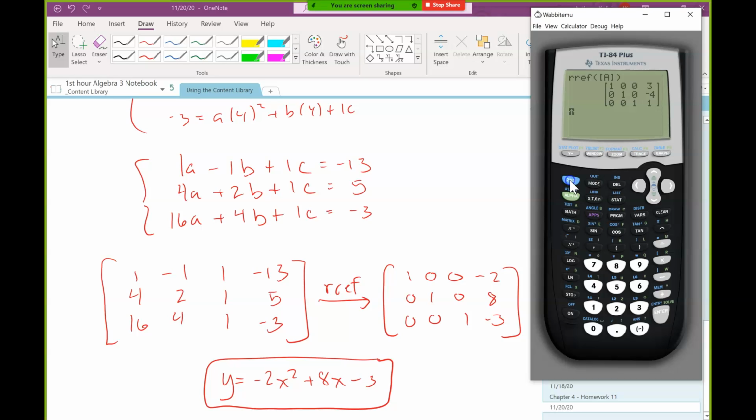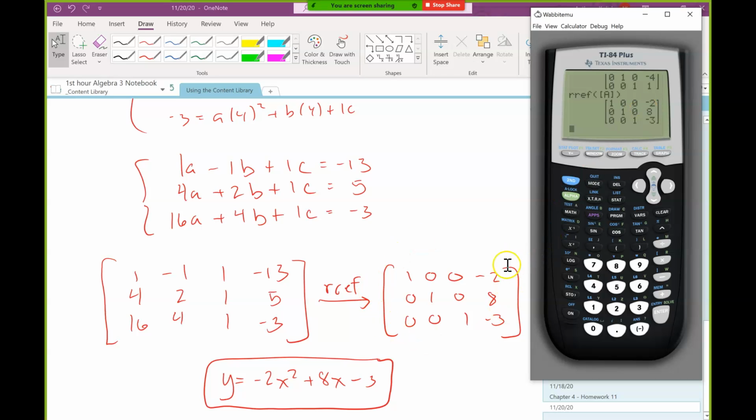matrix menu, so I press second and the x and the negative 1 button. This time I move over to the Math tab, and I scroll down almost to the bottom until I find the command rref. I'll select that by pressing Enter, and then I'll go back to my matrix menu, second, x to the negative 1. From the Names tab, I'll select Matrix A, the one that I just made, close my parenthesis, and press Enter,